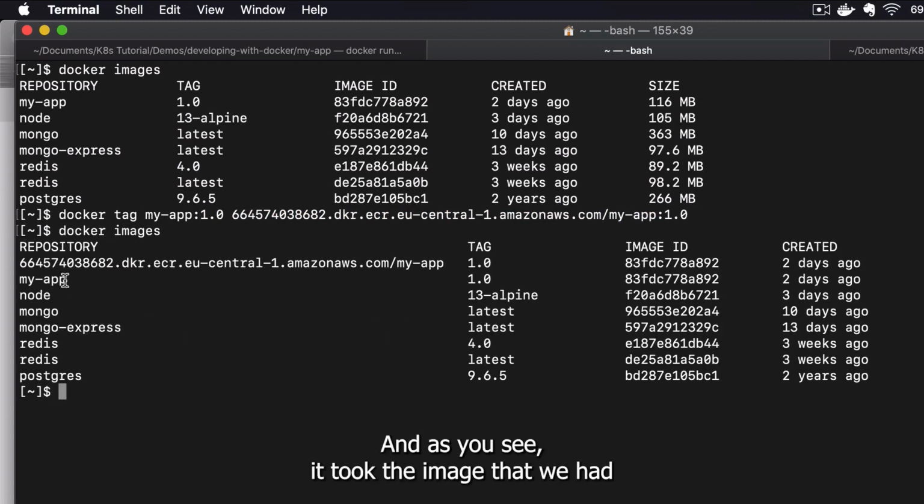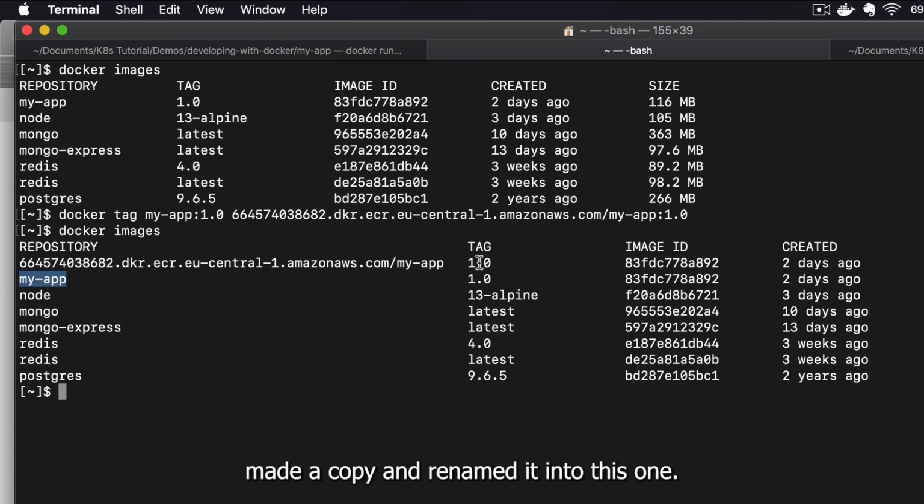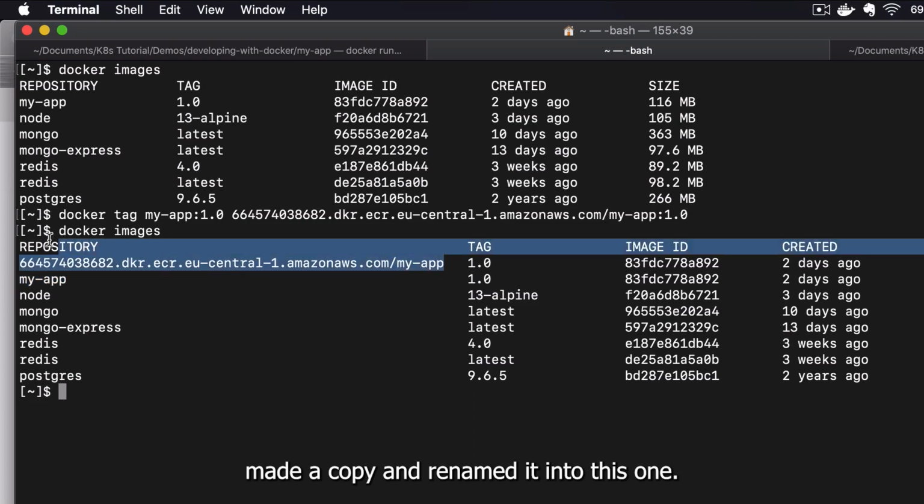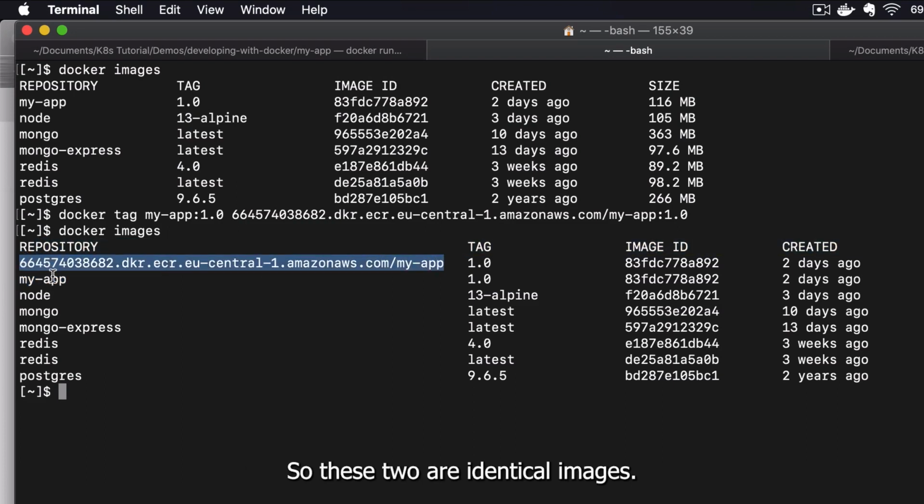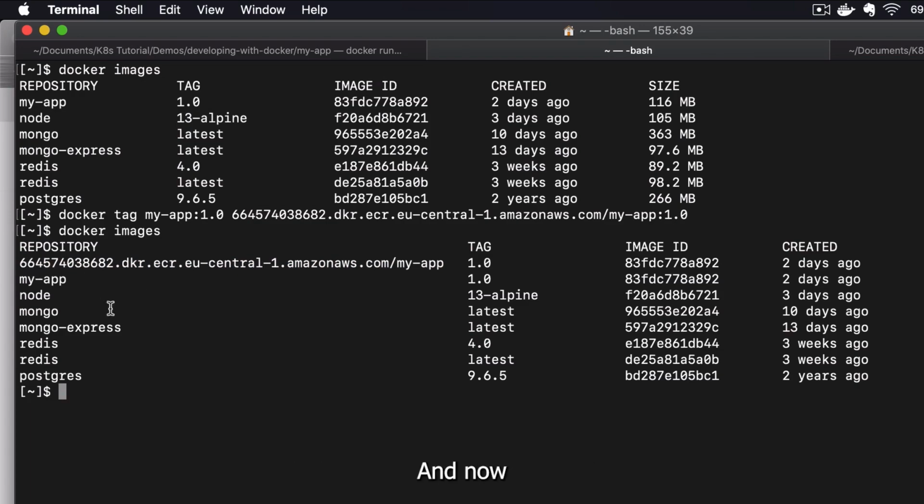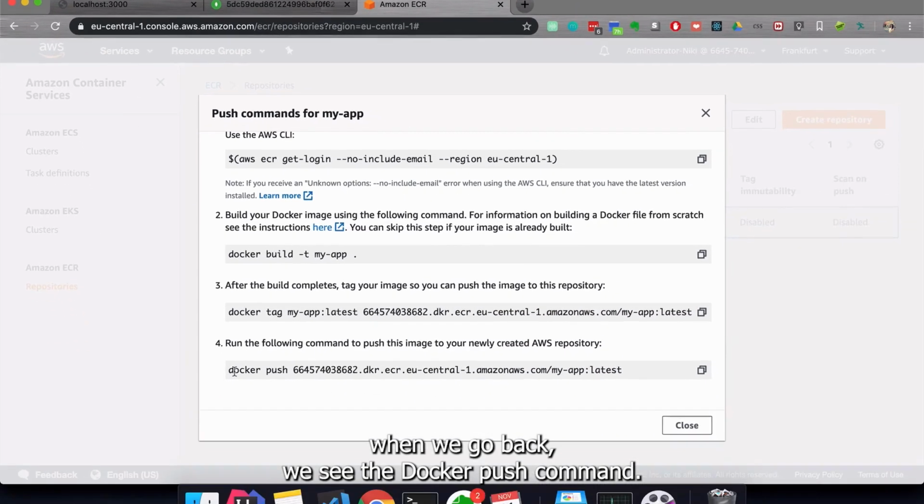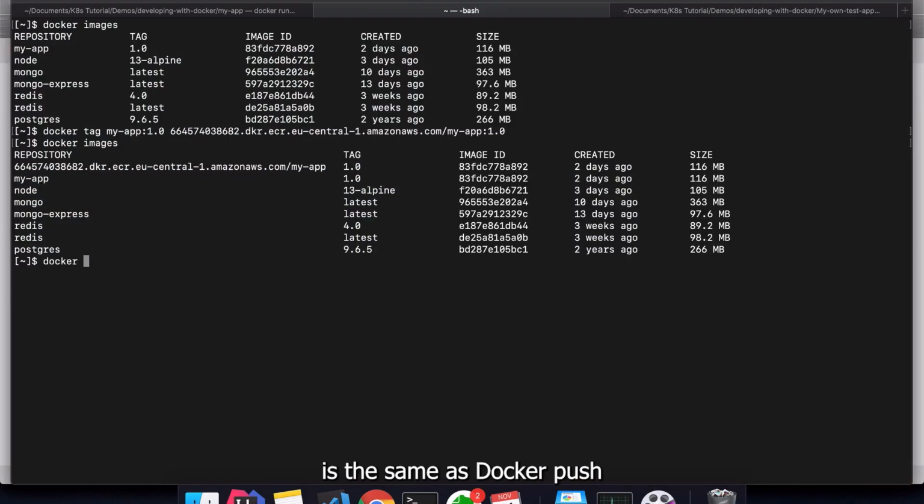And as you see, it took the image that we had, it made a copy and renamed it into this one. So these two are identical images, they're just called in a different way. And now, when we go back, we see the docker push command. So basically this thing here is the same as docker push and name of the image